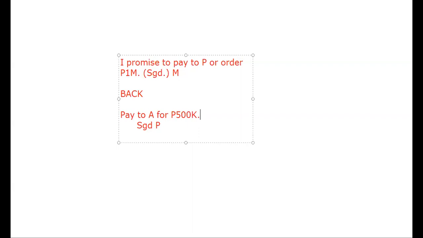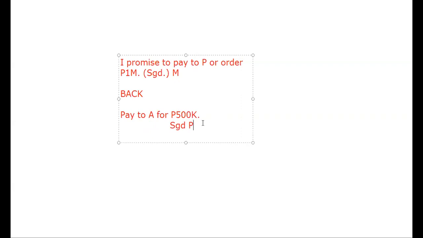So if that will be the case, there has been partial payment of 500,000, then insofar as the remaining amount of 500,000, that's the time that you can now make partial endorsement insofar as the remainder or the unpaid portion is concerned. But if this 1 million, wala namang partial payment, buong-buo pa rin yung 1 million, basta sinabi lang ni P, dahil 500 lang yung utang, 500,000 lang yung utang ko kay A, 500,000 din lang ang ibibigay ko sa kanya. That will be improper endorsement. This is not allowed. This is wrong.